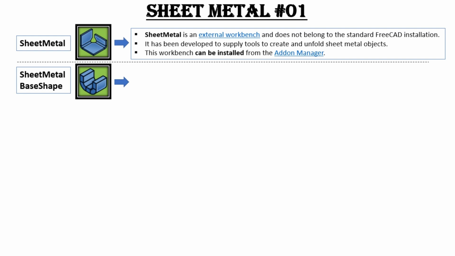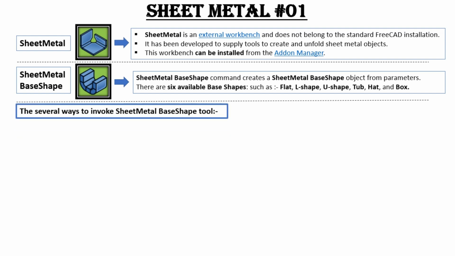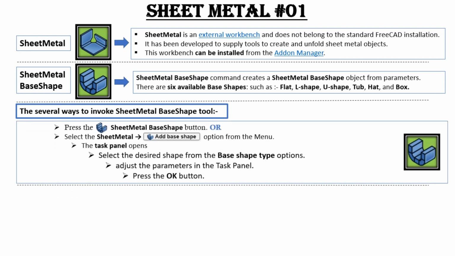Sheet metal base shape command creates a sheet metal base shape object from parameters. There are 6 available base shapes such as flat, L-shape, U-shape, tub, hat, and box. There are several ways to invoke sheet metal base shape tool. The first option is directly pressing the sheet metal base shape button. And the second option is to select the sheet metal and then activate the sheet metal base shape from the